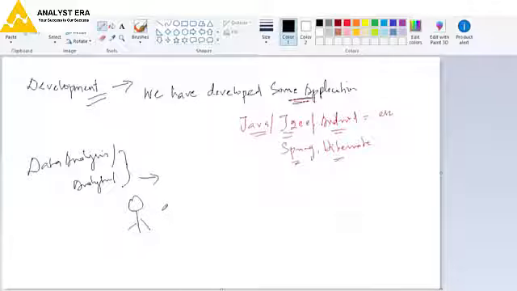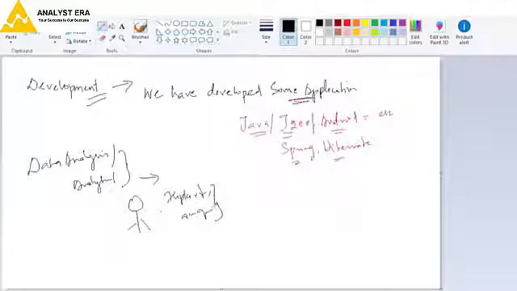The end user has to use the application, like Flipkart or Amazon. A lot of applications are like that.